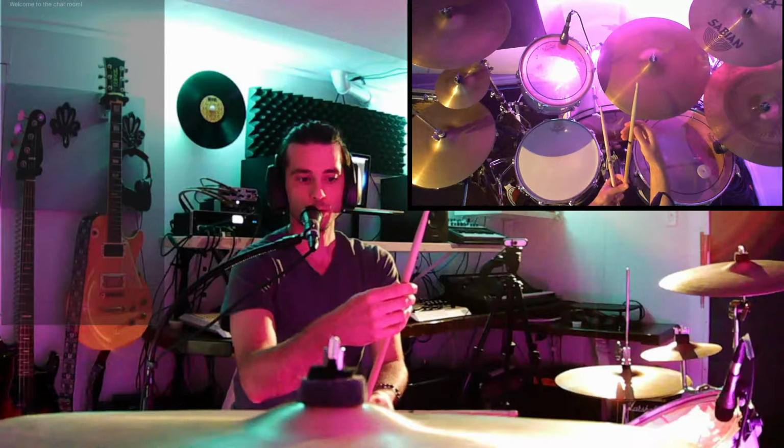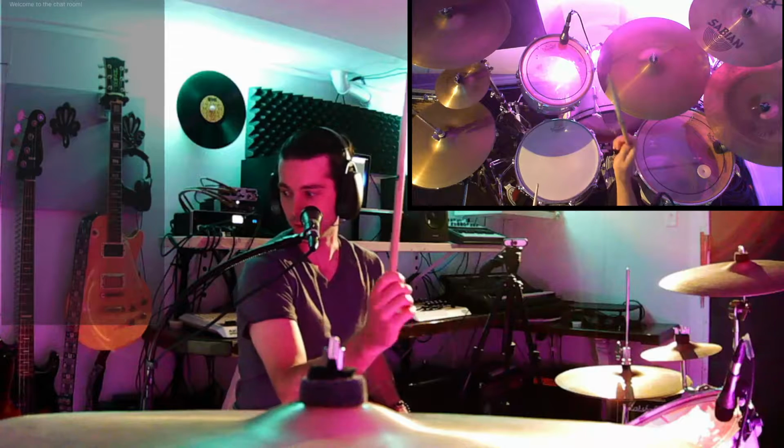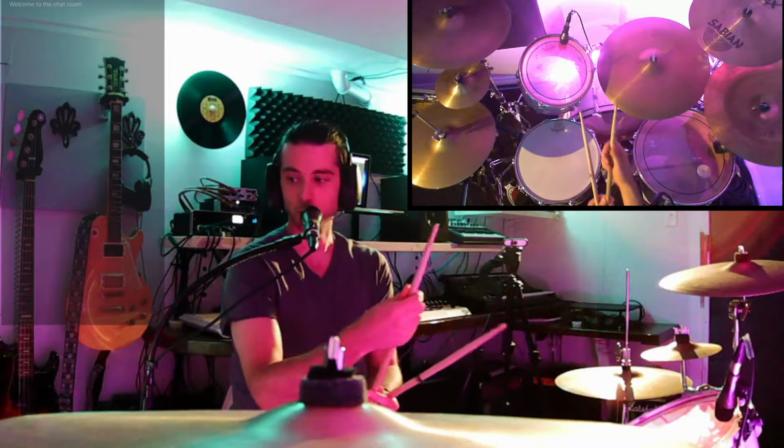So if you're holding your stick right at the butt end here, you don't get much bounce. So to the other extreme, let's move it to near the top. You don't get any bounce. So it's going to take a little bit of experimentation, but if you find the point, and so I'm using